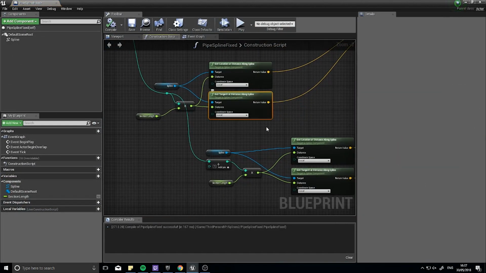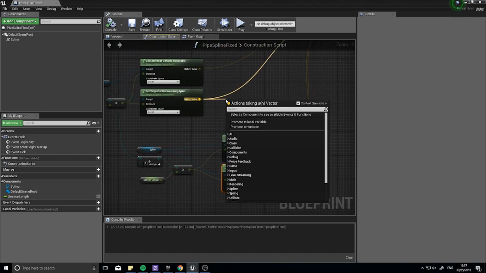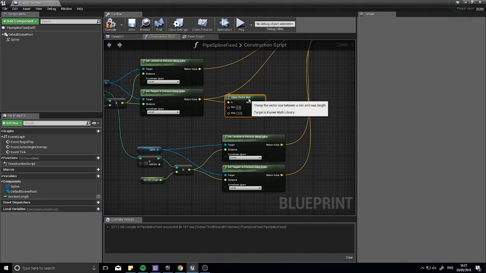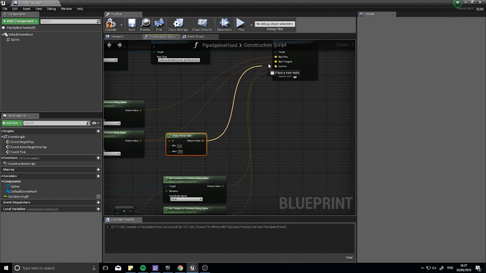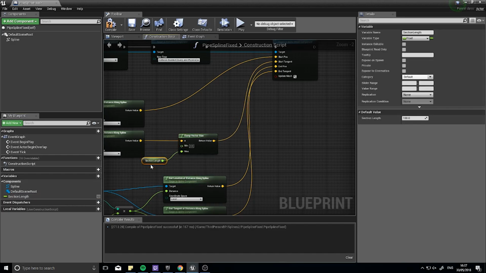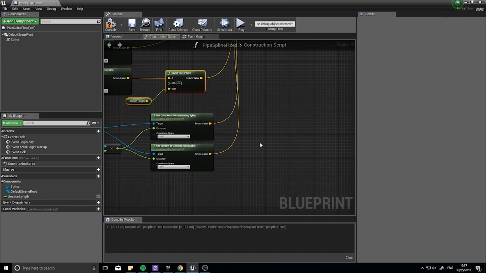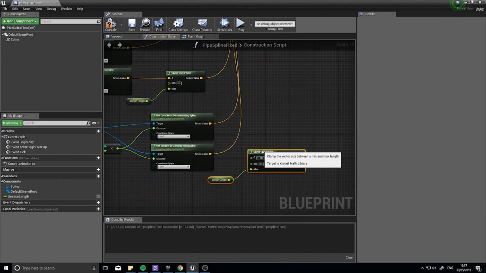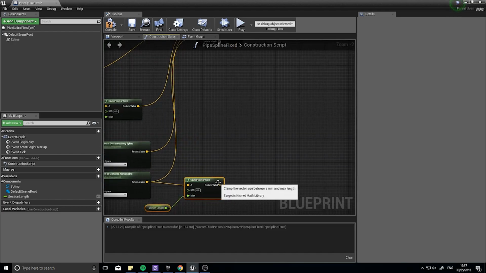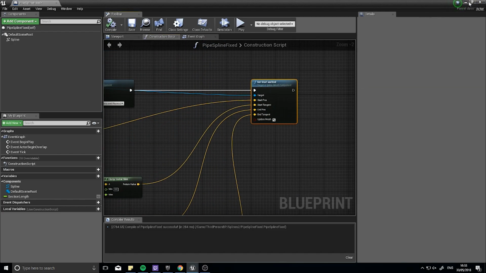So when we've got tangent being discussed at the end here, with distance along spline, drag out of the vector and do clamp vector size. And drag that to your tangent, and the max for this will be the section length. So drag that in, section length. We'll copy that and put it at the end as well, and hook it up to the end tangent. Now